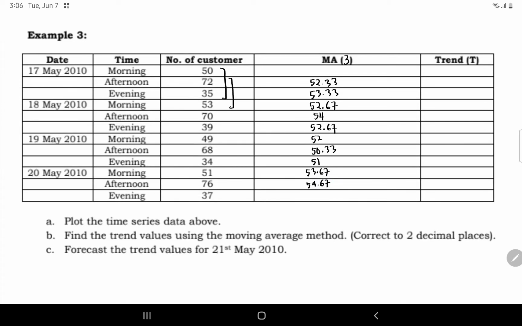Okay, so that's our 3-point moving average. And then we calculate for the trend. Okay, so the trend